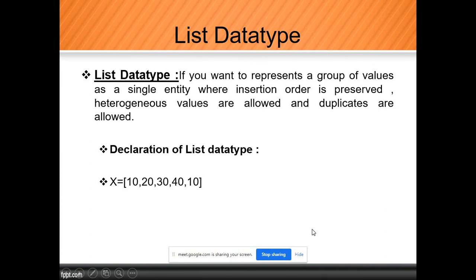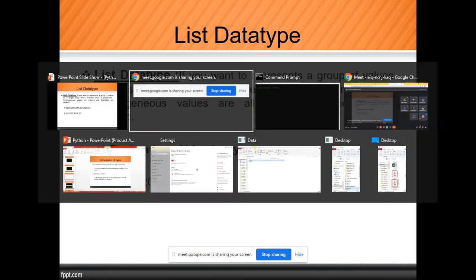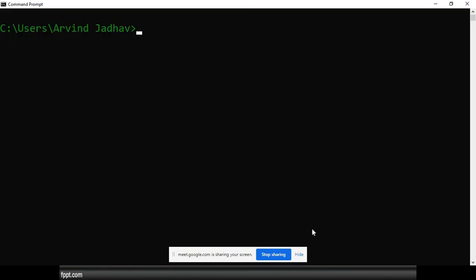Now we are going to discuss the list data type. First of all we'll discuss the definition, and after that how we declare and how we access. One more question that remains for bytes and byte array in interviews: can we use a slice operator? Can we use the length operator? Can we use the repeat operator in bytes? We'll discuss that, and after that the list data type and its definition.